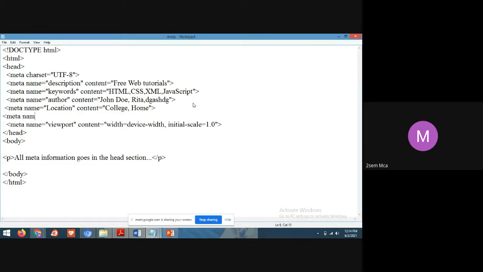Meta name tools, content: whatever tools you have used, you can write here and close the tag.